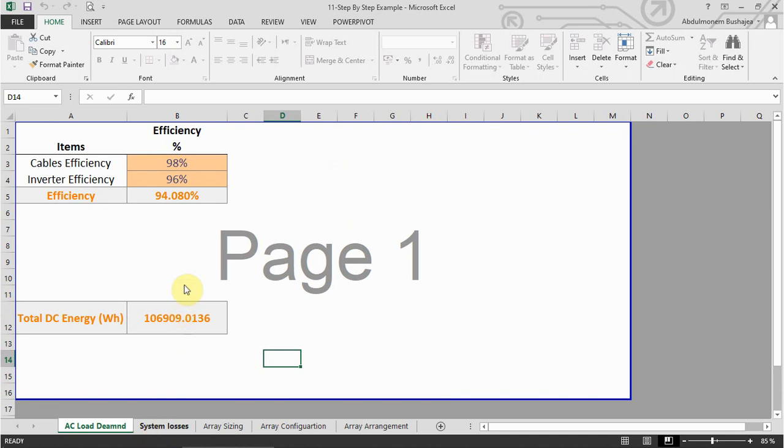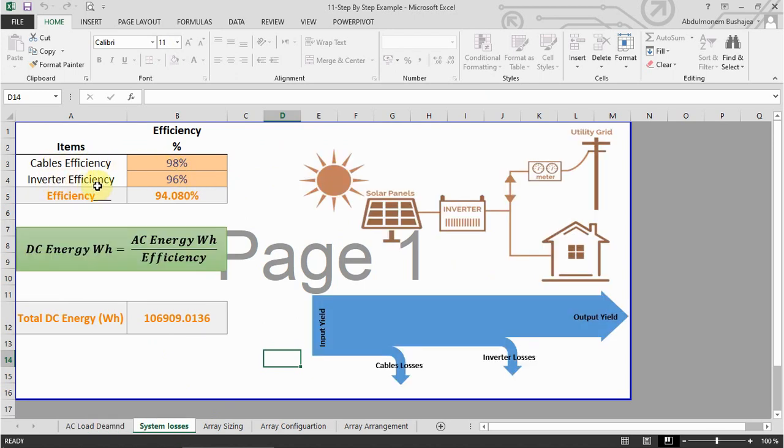For system losses, as I said, we have some efficiency for the cable and efficiency for the inverters. So we consider the efficiency for the cable as 98% and the inverter as 96%, so that we get the efficiency as 94.8%. And to get the energy, we say that we have the AC energy in watt hours over the efficiency we calculated. We get it as